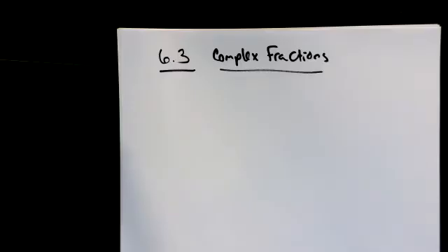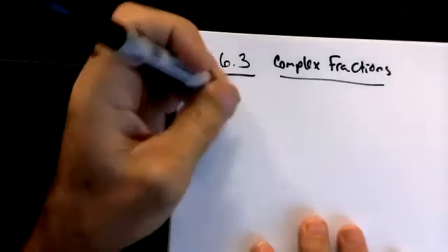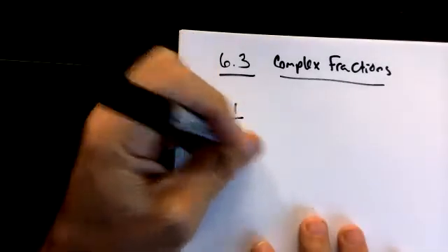Okay. All right. So 6.3 is all about complex fractions. In my high school classes, I joke around. I say fractions are the math cuss word. I call it the F word. So when I say fractions, everybody oohs. These are complex fractions, fractions within fractions. So I call these mother fractions. So this would look something like,